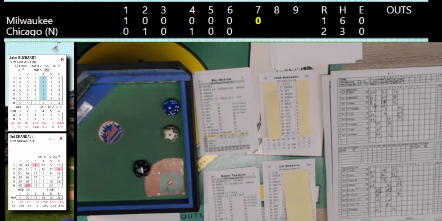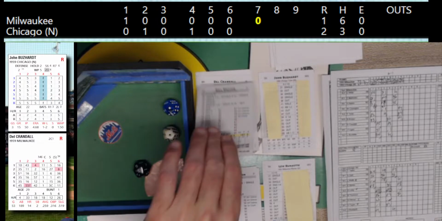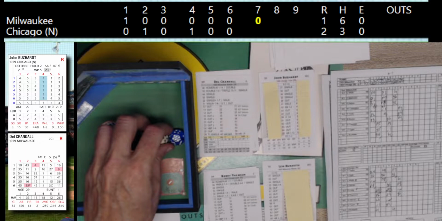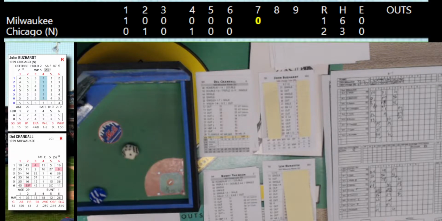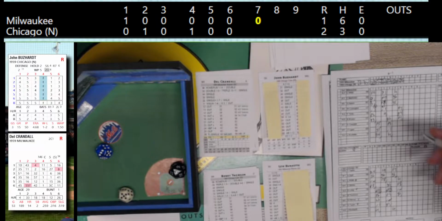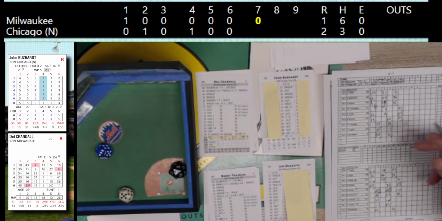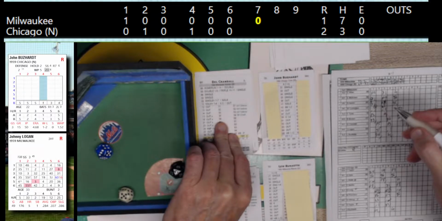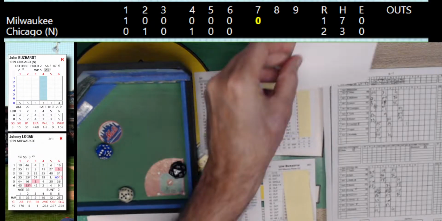So one left, no runs, and we go to the top of the 7th. It's 2-1, Cubs. Crandall's leading off for the Braves here in the top of the 7th. Crandall is batting .259 with 14 home runs. Good power. And he's going to line one here for a base hit. Rips one to left center field, and he's on at first. He is an A speed.